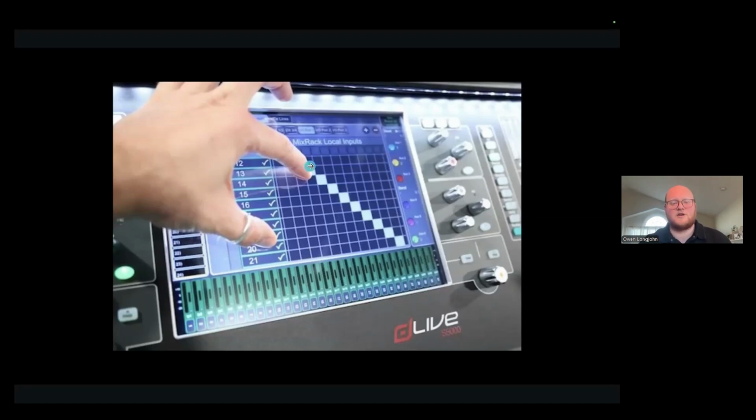I like this picture because they've got just this straight line, which usually means 15 corresponds to channel 15 on the console. That's not always the case, but these pretty straight lines are always fun for me to see when I come in. So that's kind of a digital patch bay. It offers an additional point of flexibility, but also an additional pitfall if you don't know where the digital routing is going on your console.